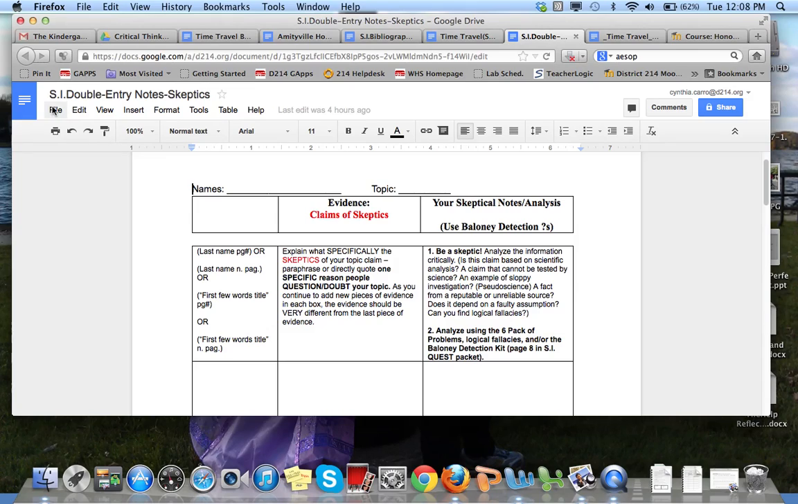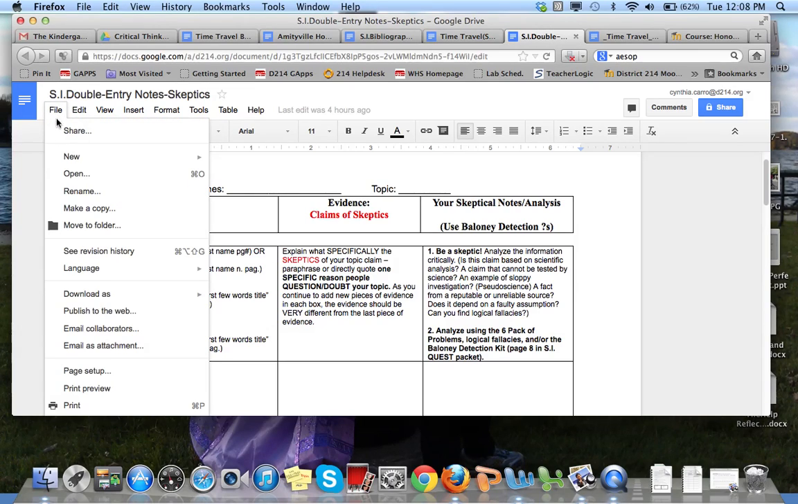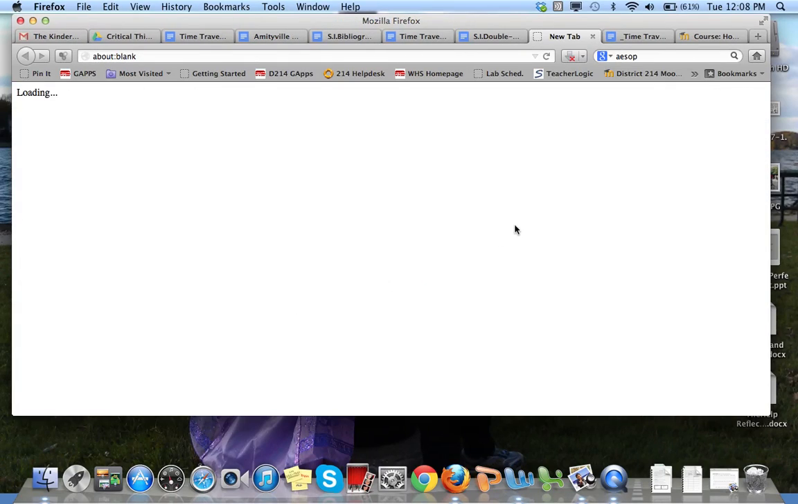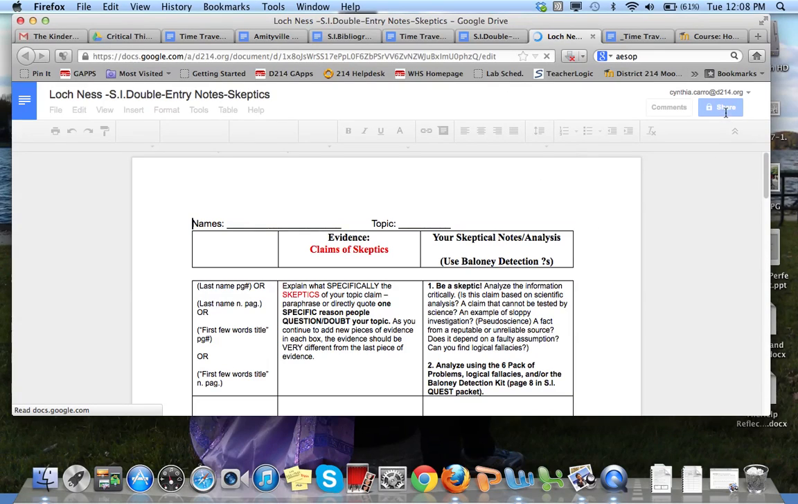Again, what they should do is open them on the desktop version. You'll need to go to File, make a copy. As soon as you make a copy, go ahead and change "copy of" to whatever your title of your topic is, maybe Loch Ness, like this. Press OK. And once you go ahead and open up, and it's loading here,